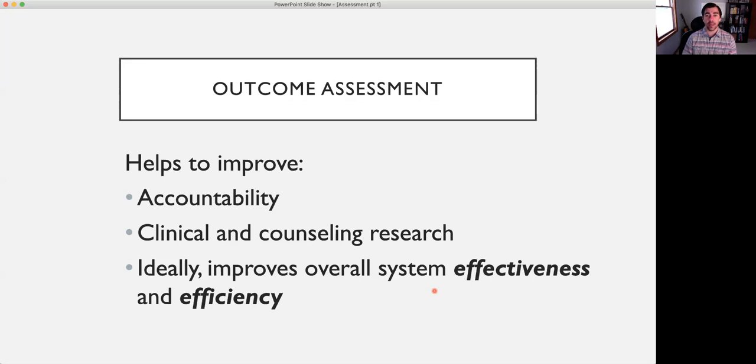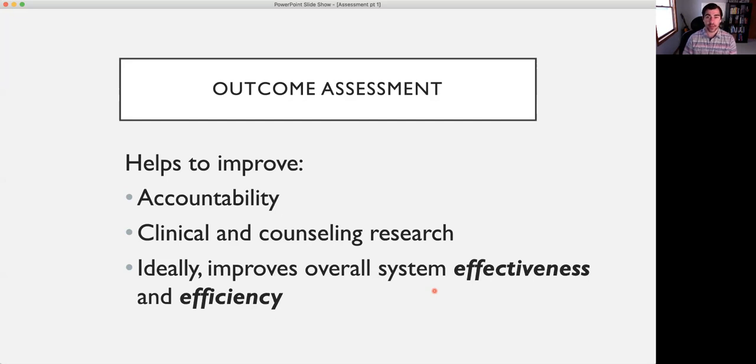So when we have a clinic, a hospital, or a managed care plan, and we collect outcome data and progress data for the clients that are being seen, we start to learn who's doing a really good job in treating their clients, where the places are in which maybe we're not doing as well, and where we can get better. What should we keep doing? Those are the types of questions that we can think about.